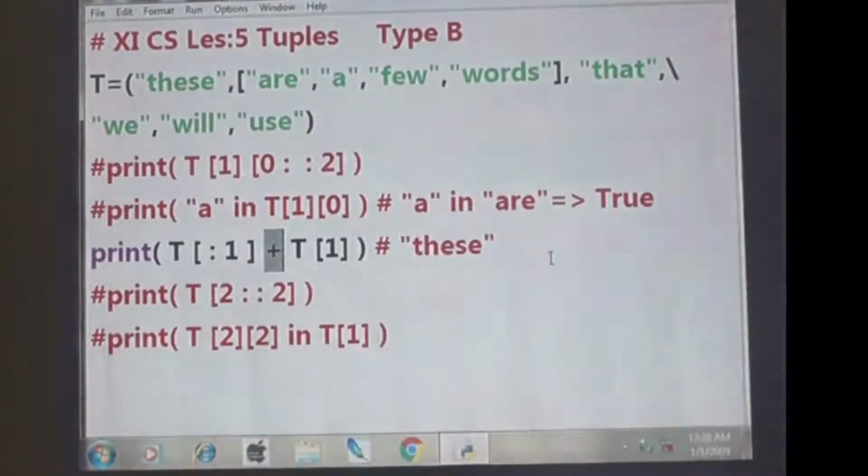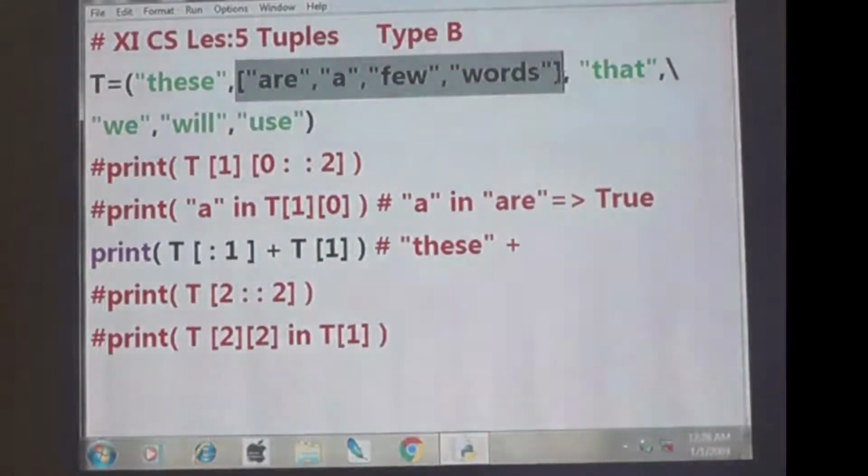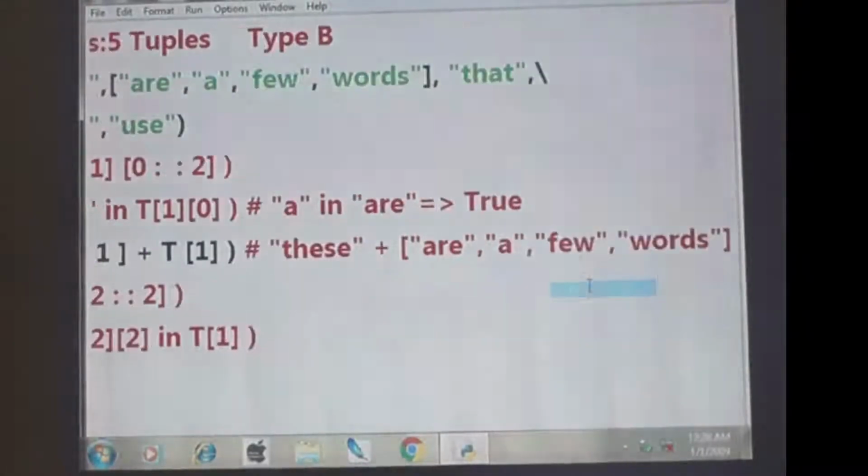So plus means here I have to give plus. Then T of 1 means this list. Okay, this list, copy here, paste. So this is a string. Another, this is a string and this is a list.